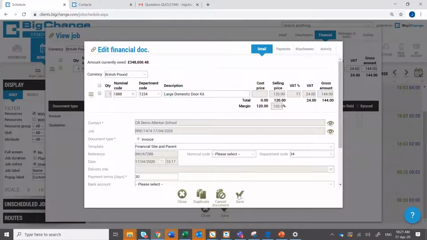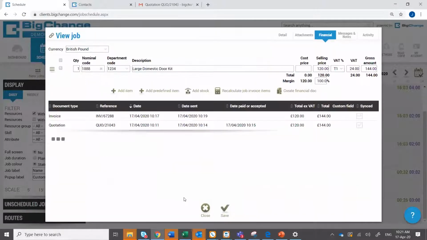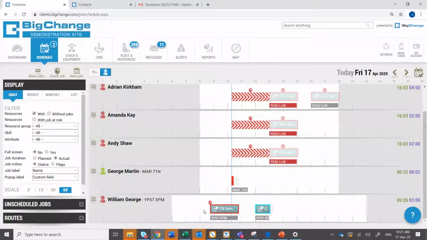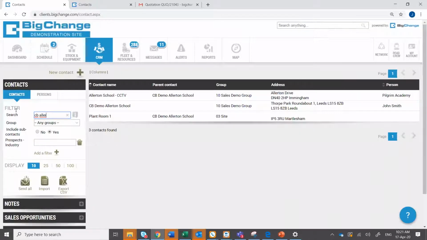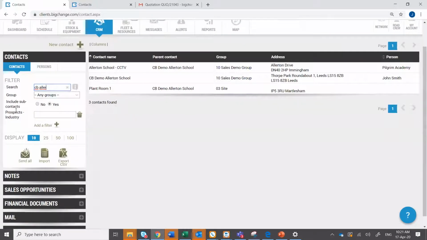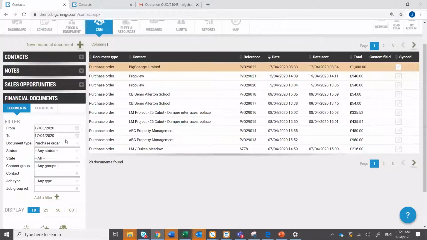Okay, so having sent the invoice, what you'll notice is some of the cells are marked as grey, and that's because I can't change them. I can't change those quantities or details when the document is sent. Now, in terms of managing sent invoices, I'm just going to run through another screen. I go through CRM. I'm going to look at the way we can view how many invoices and how many financial documents we've sent. So,